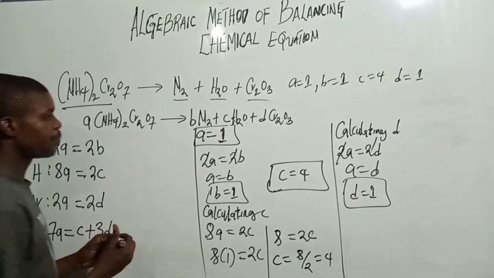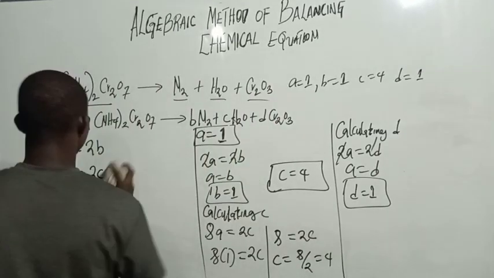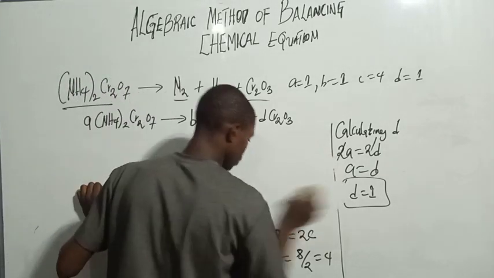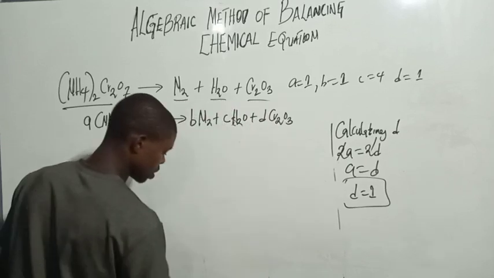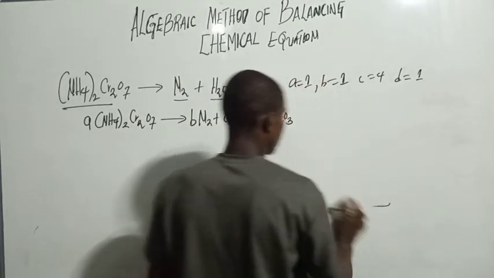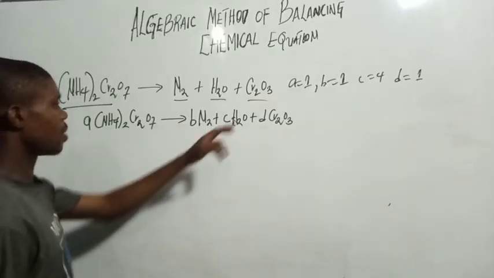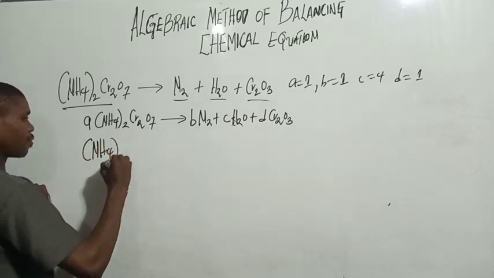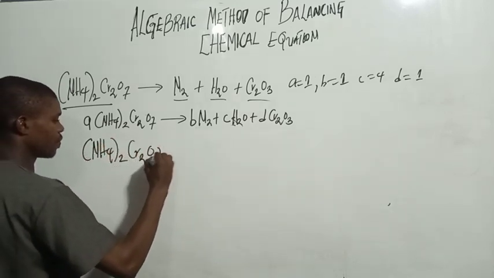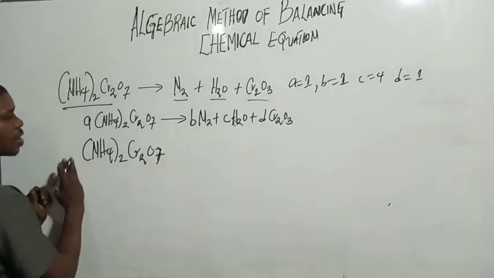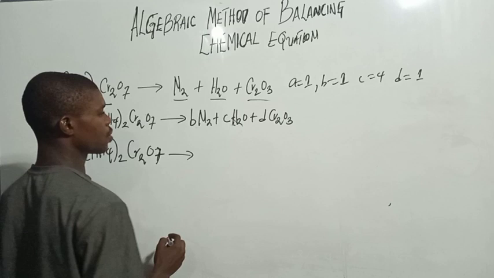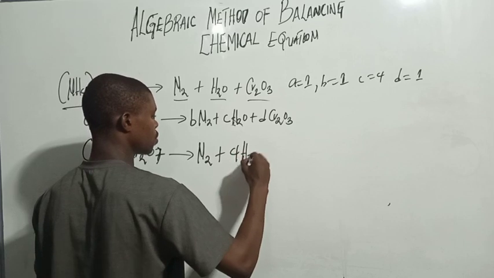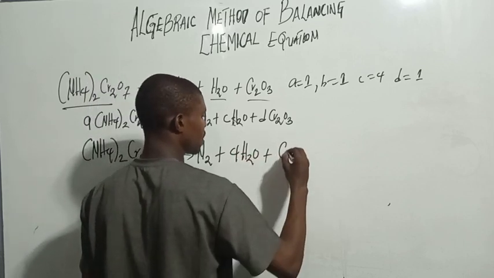So what I want to do here is to impute, I want to write this list here. What am I going to do here? So let me impute my values. So if I put one here, so you have N A for 2 C arrow 207. Right? So one here, but there's no point putting the one here. Here we have B is 1. So N 2 plus C is 4 H 2O plus D is 1 C arrow